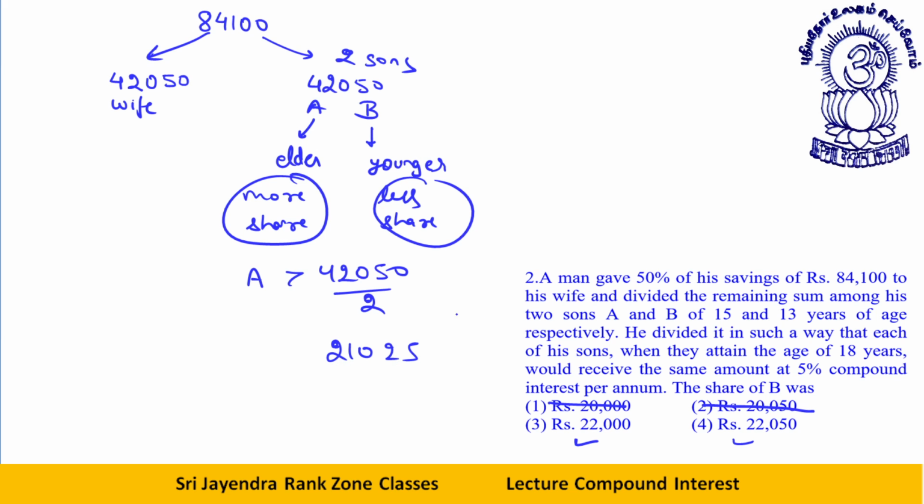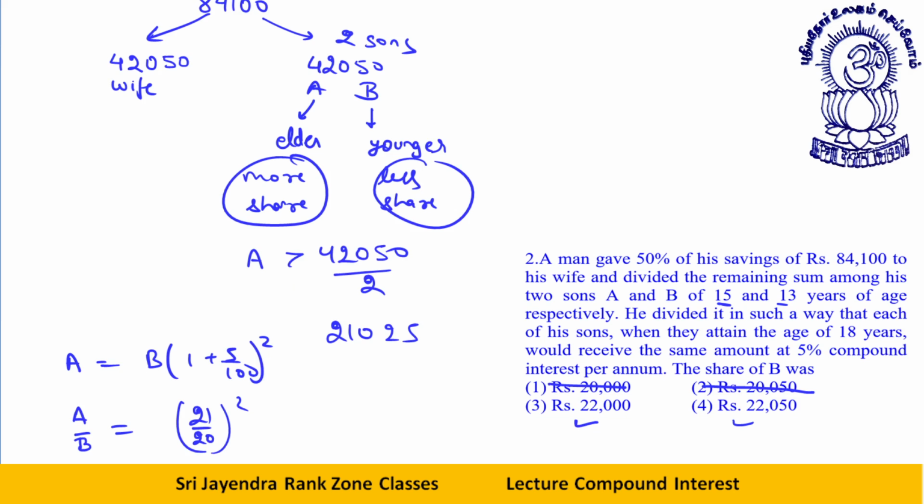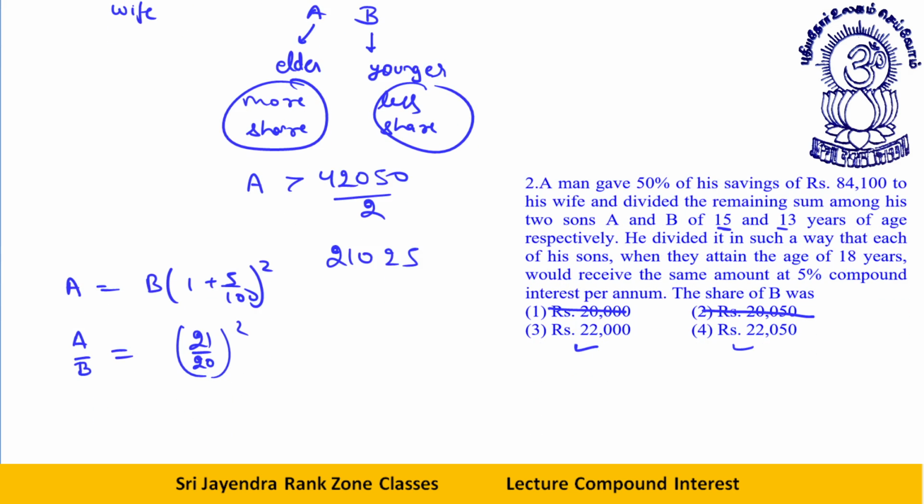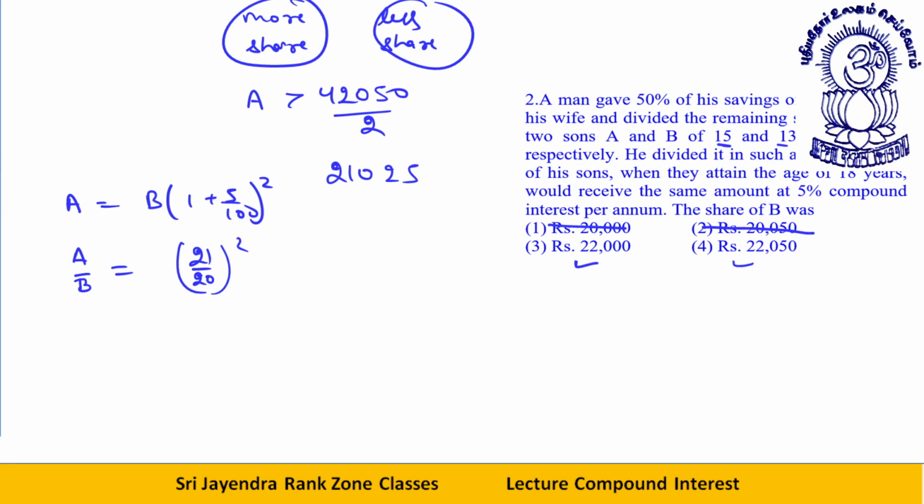The logic is, see, the difference is 2 years. So what will happen? A is equal to B into 1 plus R by 100. You have reached this part. Or you can say this is 105 by 100, 21 by 20 square. This is A, this is B. Look, I am going to tell you a super shortcut. Just give me a second. Okay. Now what I'll do, A and B will be 441 by 400k.